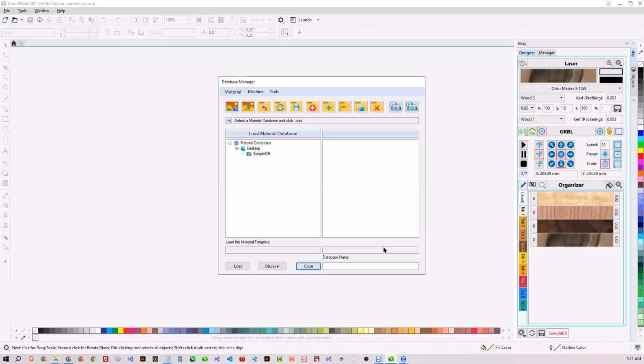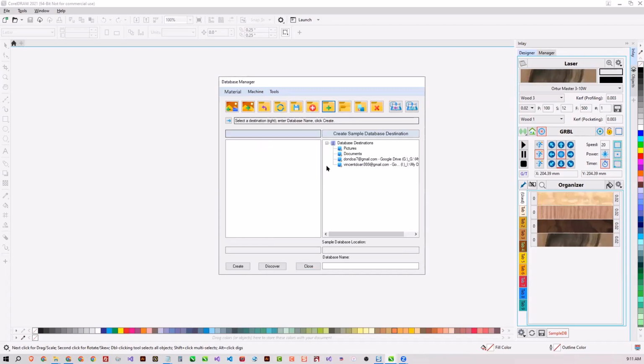So the way to create the sample database I showed you earlier is to use this button and then select a storage node. Image Paint automatically interrogates your computer and figures out all the storage nodes that it wants you to create in.